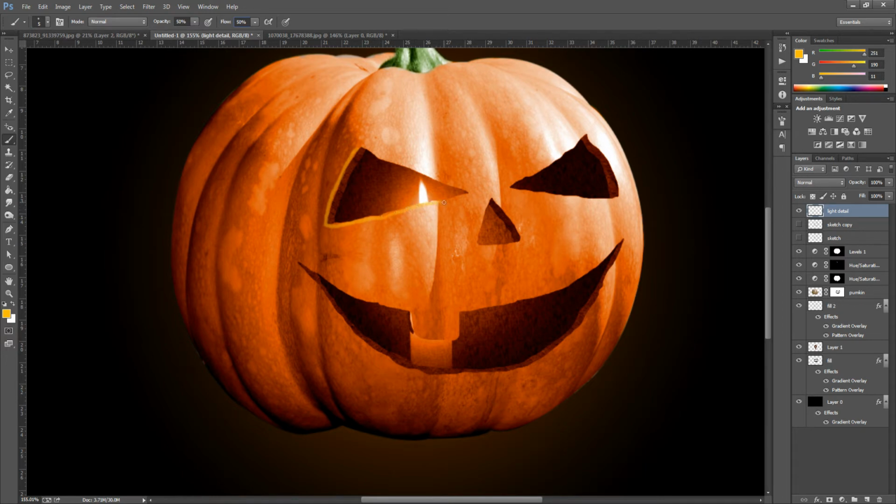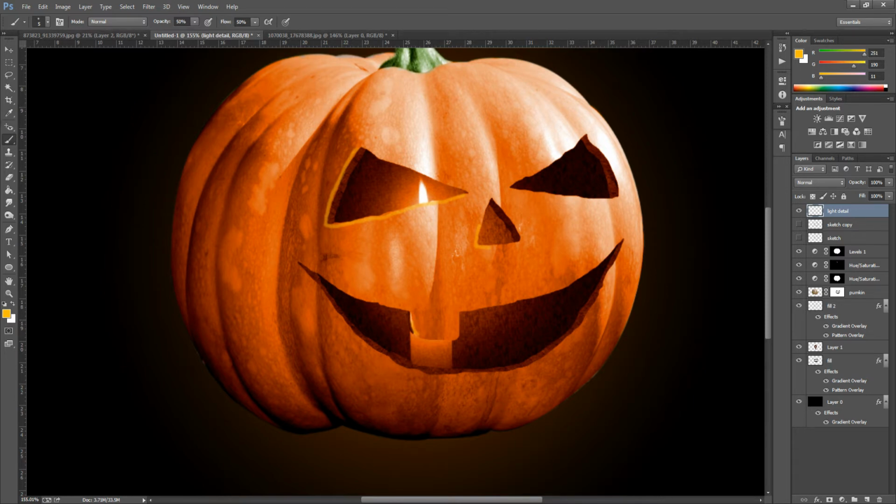Just paying very close detail to the edge, and then we're going to smudge that now. So let's add a few more details to the other side, just around the nose here, and just over here, on the side.